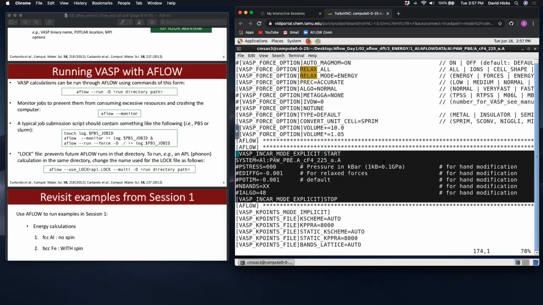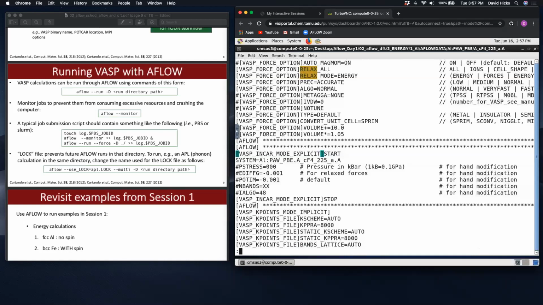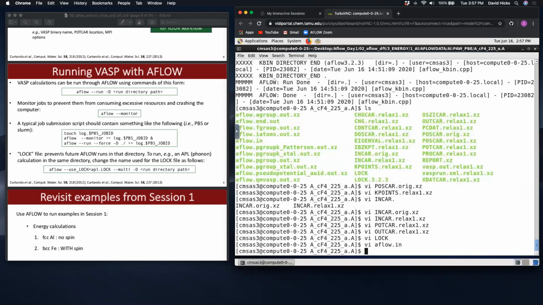Okay, so with that exercise done, so I think we said this session was going to end at 3 p.m. Central Time, but since I'm the next session and I think I had a little extra time in symmetry, I'm going to spend maybe 15 minutes in this session just to finish wrapping up, and then we'll go ahead and move on to symmetry. But there are a few other things that I wanted to show. So we want to look at the second